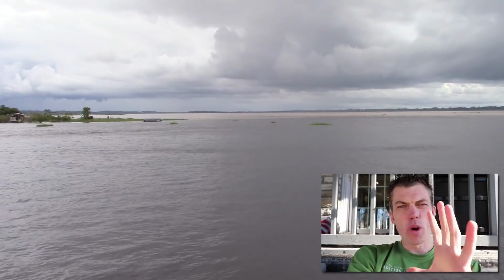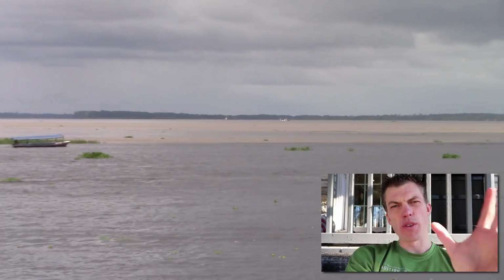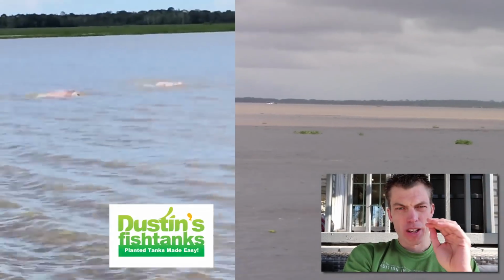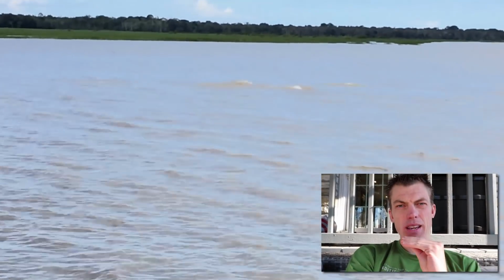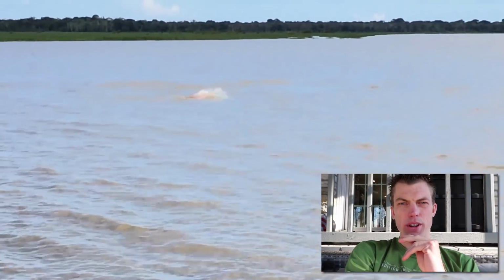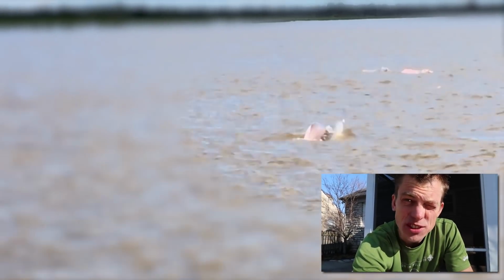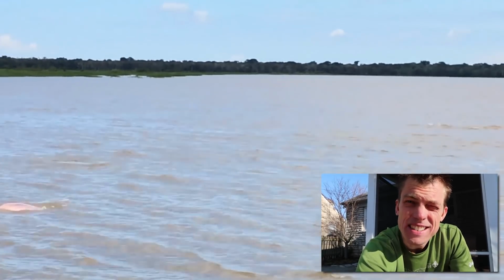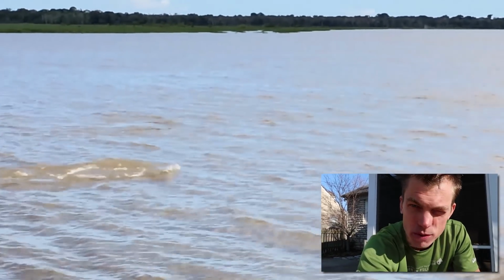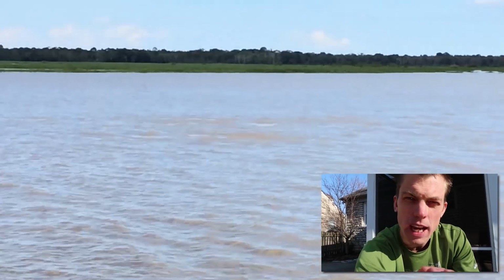I promise you I'm getting to the cichlids soon. And what greeted me as we came from the dark black water to the faster moving white water? The botos, the bufeo, the pink Amazon river dolphins. Look, you've been to the beach when everybody spots a dolphin. Everybody on the entire shore loses their mind and goes out into the water. Imagine seeing 15 pink Amazon river dolphins all at once greeting you when you're already in the most epic mood,